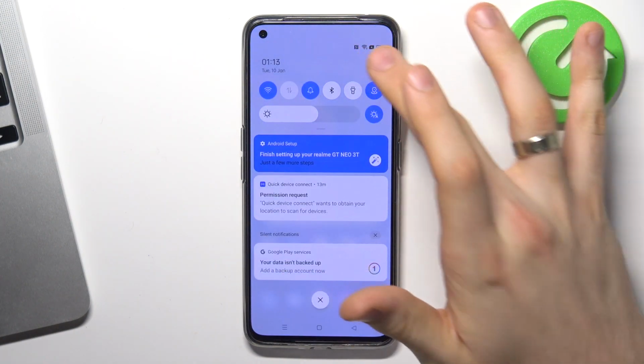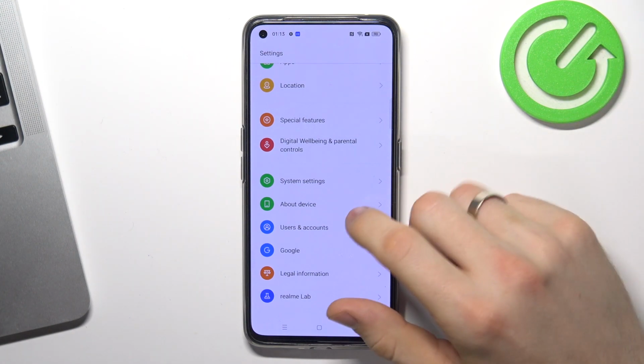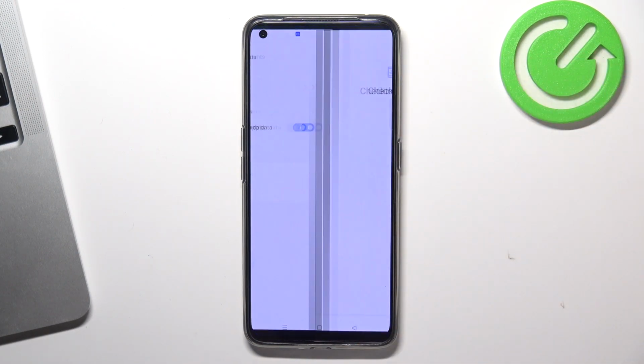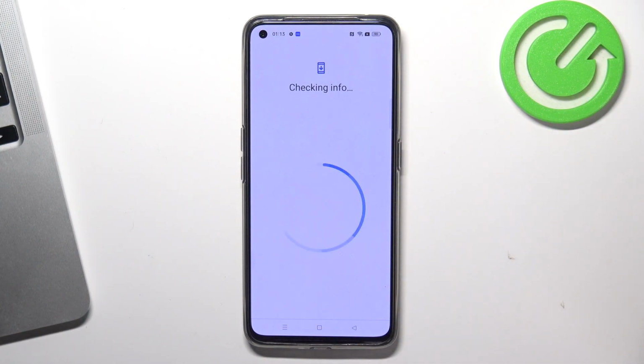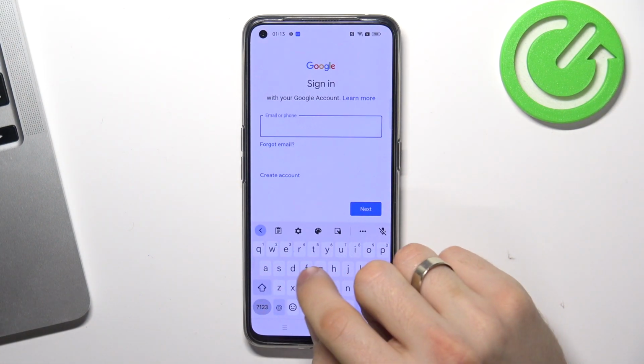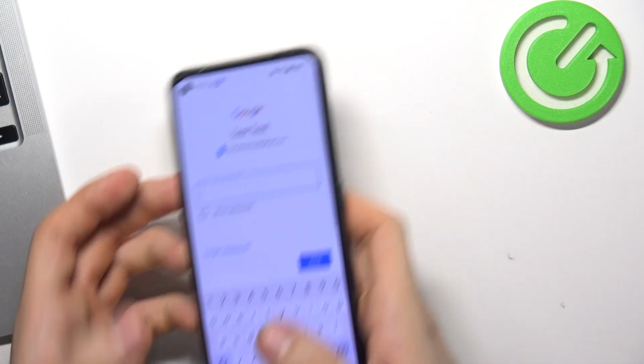And if you want to add a Google account, again, another Google account or the same Google account, click users and accounts and click add account, click Google account. You can add 10 Google accounts on one device, remember it. Then just enter your email, enter your password,